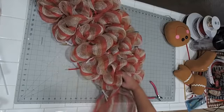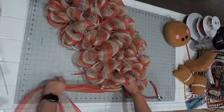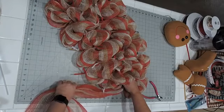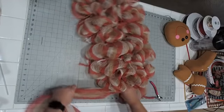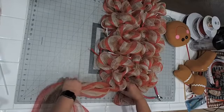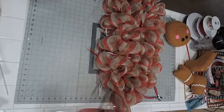So it's looking awful nice and poofy. I was happy I still had one more roll of this left. This is awful long. It is. Bring that back in. It was a little too fluffy